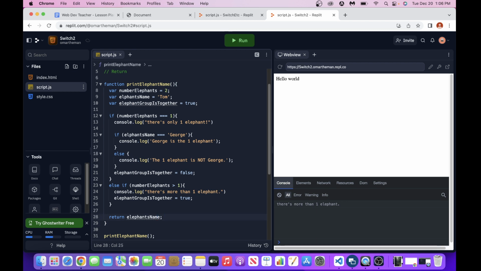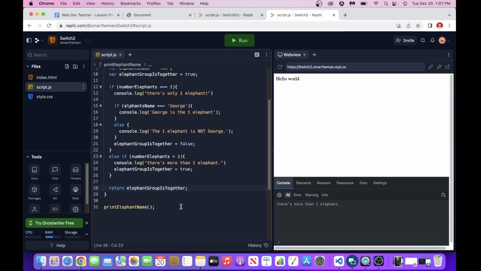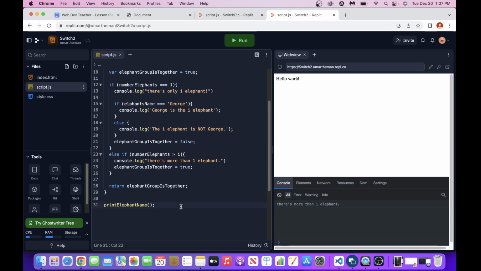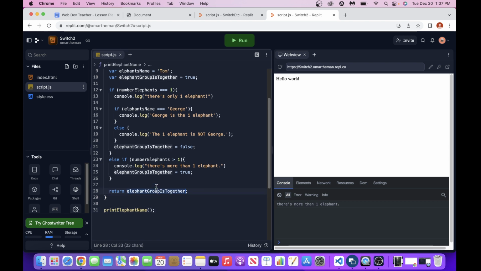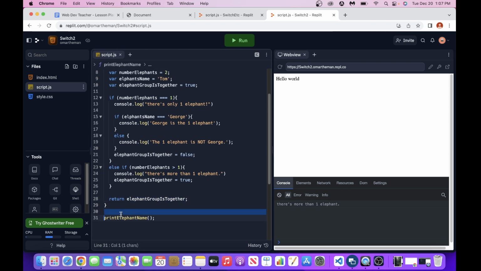Okay, and this way we're setting the variable. We declare it inside of the function. We can change it inside of the function depending on the conditions, and then we can return that variable at the end. So you can see what happens when we run this print elephant name. It's not going to print out that true or false that we declared yet, because we're only running the function down here. We're not console.logging out